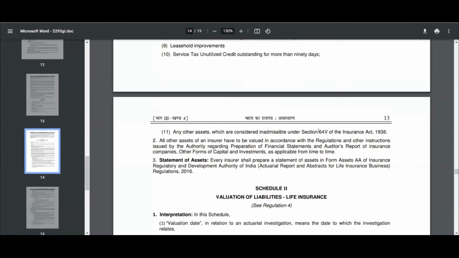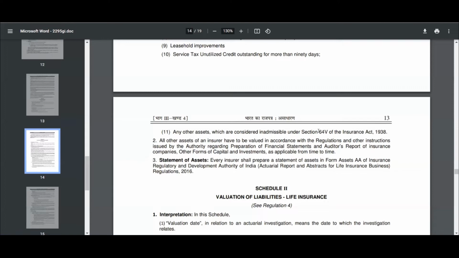Now, as I mentioned, I will be asking one question, and I want to see if someone is able to gauge the answer. So yesterday I asked a question: what do you mean by free capital with respect to a participating fund? The answer is estate. Estate is the free capital that is used to support the asset share. So where we have read about the free capital in the margins for adverse deviation, the condition was only in some extreme scenario where there is a closure of new business or the shareholder has to pump in money, then the 10% of the funds in the participating fund can be used to provide money. So that is the answer.